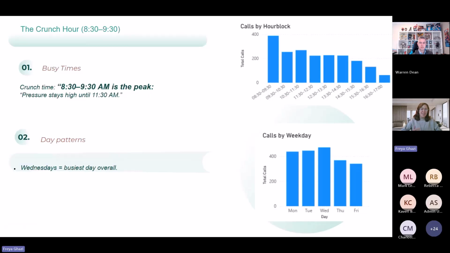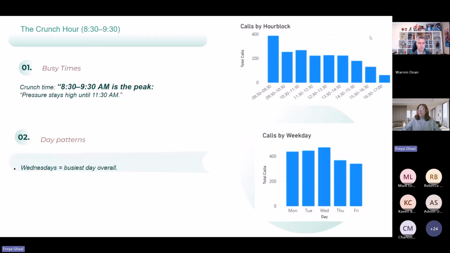It makes sense when parents do a school pickup for an older child and then say, okay, let's call the MCH for the other younger child to reschedule, cancel, or check for the next appointment, or if I have a question. Therefore, it's completely clear that 8:30 to 9:30 is the peak time that has the most pressure on the service,